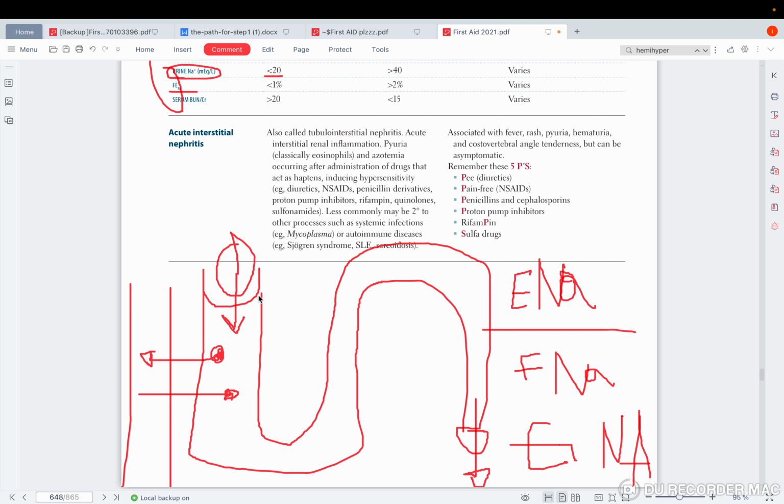azotemia, is the problem in your tubules or is it somewhere else? Exactly, in a pre-renal azotemia, it's somewhere else. It's not in your tubules. It's somewhere before your tubules. Heart failure, dehydration, renal artery stenosis, for example, all of these are before your kidney, yes? So in this condition, it's before the kidney. Good, we agree on this.